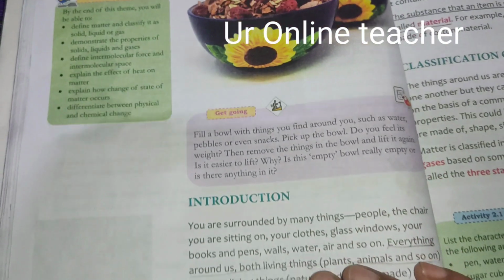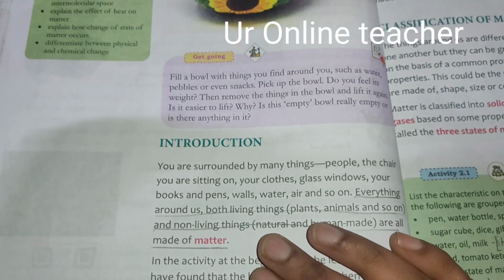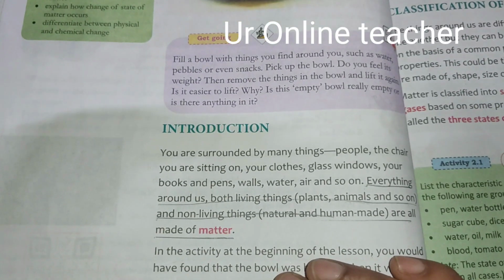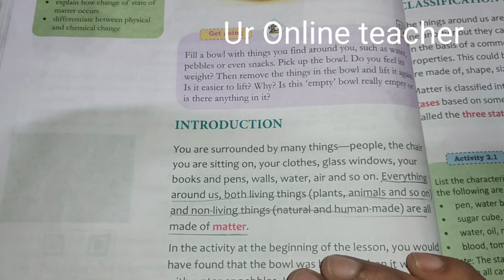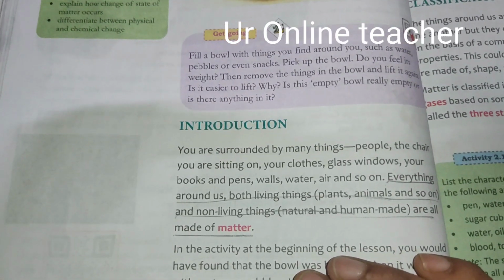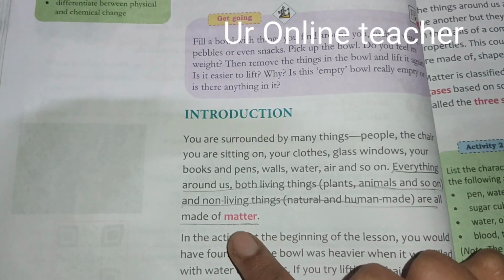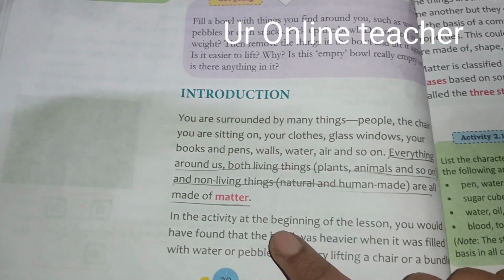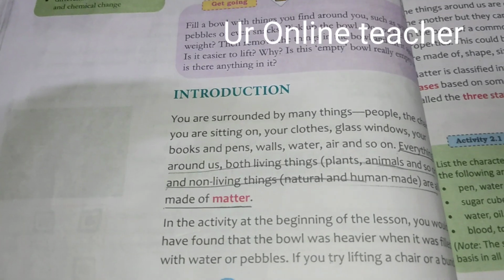So what is matter? We see many things like people, clothes, glass, windows, books, walls, water, air and so many things. Whatever things are there, everything around us, whether living or non-living, all these constitute matter. So if they ask what is matter, what do we have to write? Everything around us, both living things and non-living things, are called matter. So we can see,